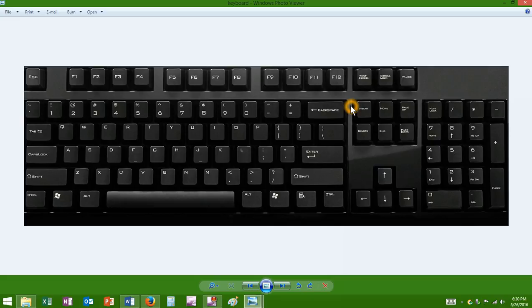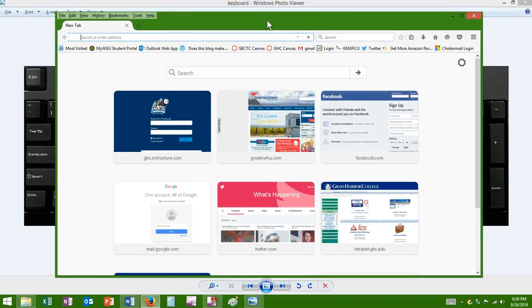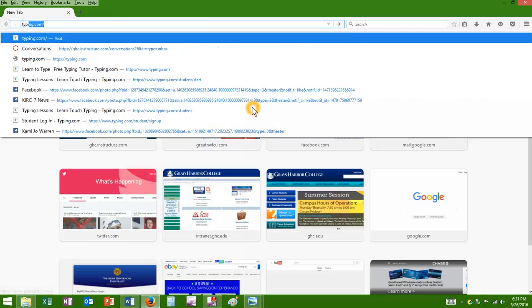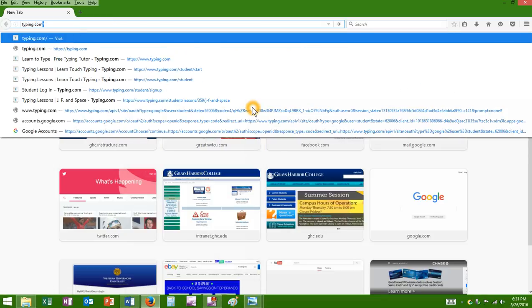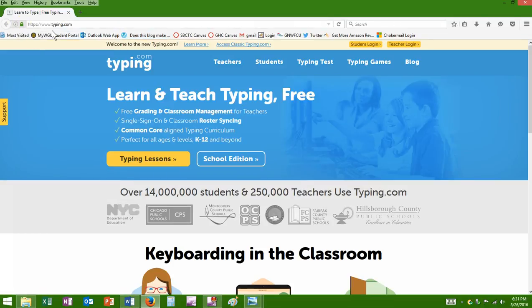I was going to give you a resource for free typing, and let me just do that over here. Just a second, and I will pull this over. Here we go. So if I come over here and I type typing.com, pretty hard website address to remember, up here in the address box, we come to this free website, and we can click the typing lessons button,